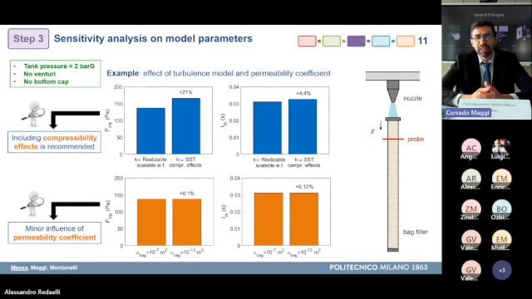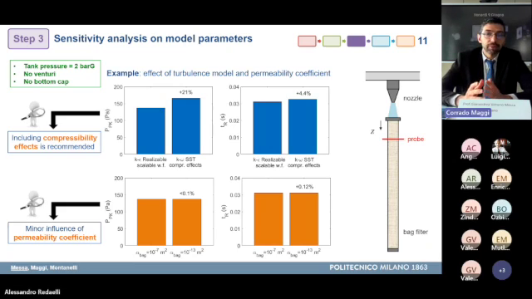Now, I will show you very briefly a sensitivity analysis on 2 important modeling parameters. And these parameters were selected because they are particularly critical in the sense that they are difficult to decide. The first parameter is related with the modeling of the turbulent flow. And what we did basically was to focus on a single test case, which was the same of the convergence study. We considered a given section which is quite close to the entrance of the bag, and here we monitored the peak pressure and the arrival time.